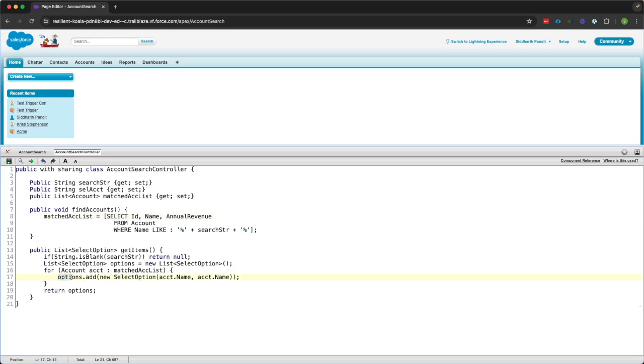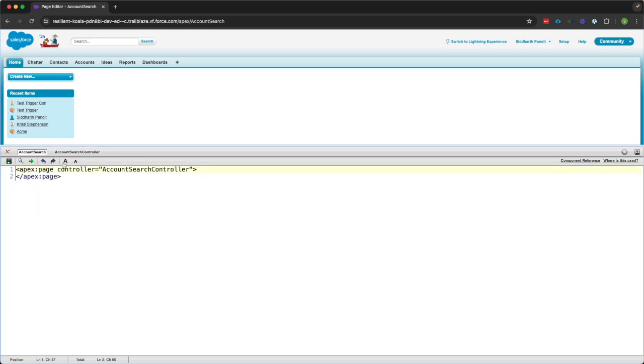And then we are simply preparing list of options by putting the name in the key as well as name in the value. So select option has got two attributes or two parameters, key value, right? So we are setting name as a key and value, and then we are returning that option. So that's what all happening in Apex class. Let's go back on the